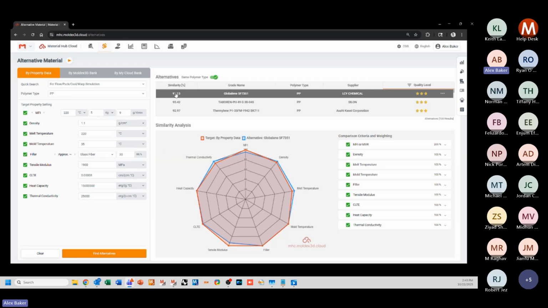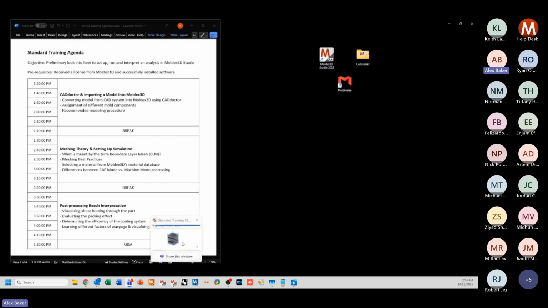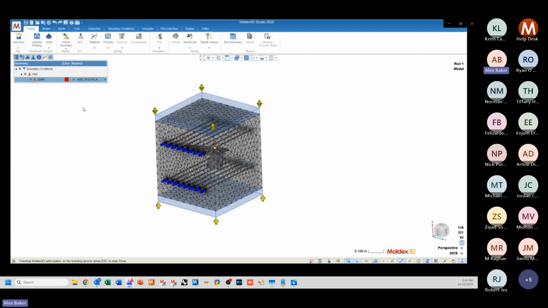And this tool will output a similarity index for the materials that exist in our database. From here, if I click on the triple dot, I can export or download this material file, and then I can import that directly into my simulation. So if you don't have the material file available in the public database, you can search for a reasonable alternate to use as a stand-in for that material going forward. In addition to that, we do have the ability to create material files from a raw material